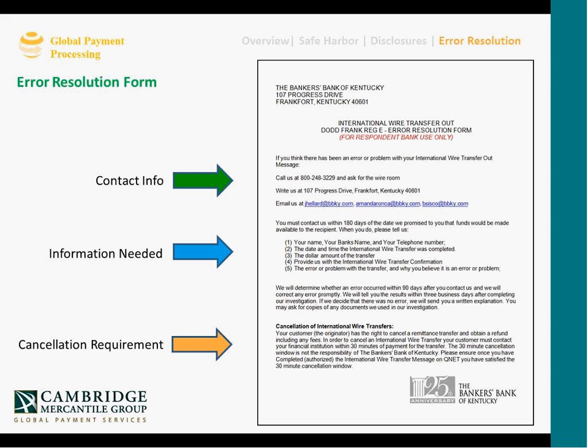The dollar amount of the transfer: how much was it in U.S. dollars? Provide all the details you can, and say what the problem is, what you think an error has occurred and what you believe that to be. Then provide it back to Bankers Bank Kentucky. They work with Cambridge to investigate that, and we will get back in 90 days and provide you with the findings that have occurred. And the findings will either be, no, an error has not